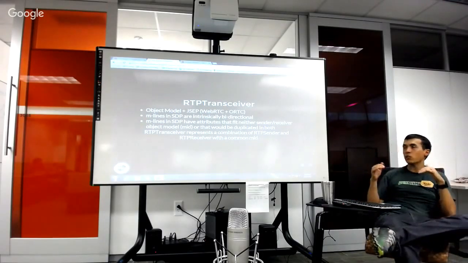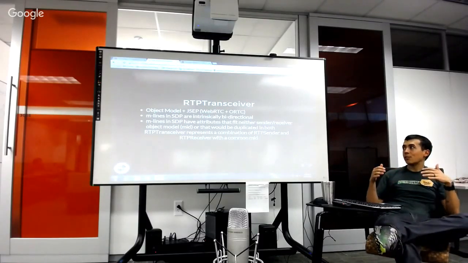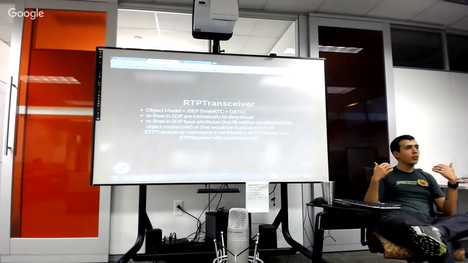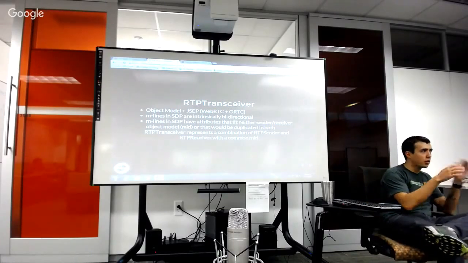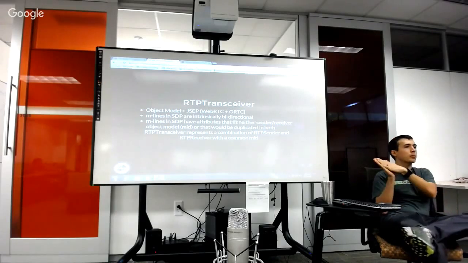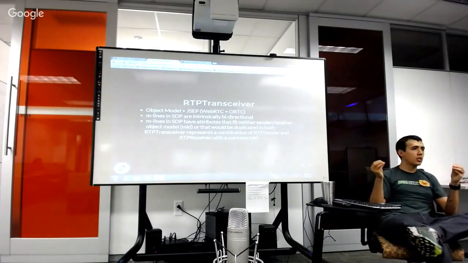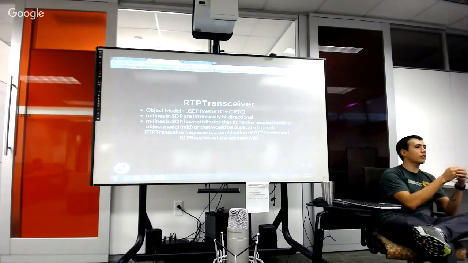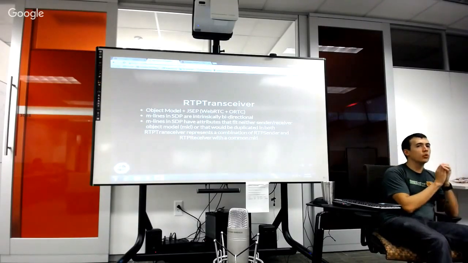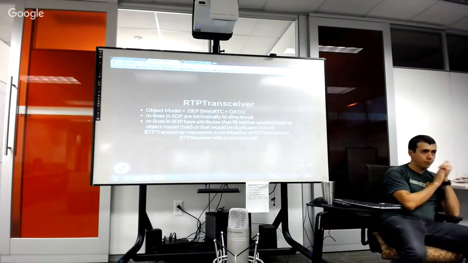Okay, so this is a new API that is new from both WebRTC and ORTC. It's called an RTP transceiver. Instead of dealing with a peer connection that negotiates everything, or going to the other end of the spectrum where you have both a sender and a receiver, they came up with this idea of a transceiver. It's a sender and a receiver together, so you can look at your remote streams and your local streams in a single object.